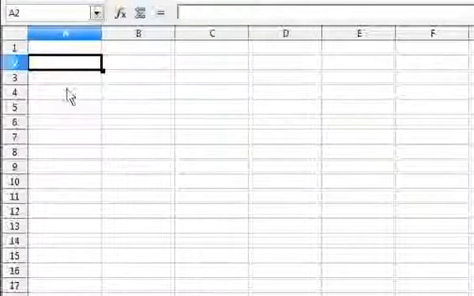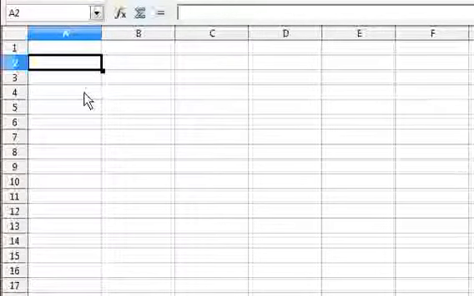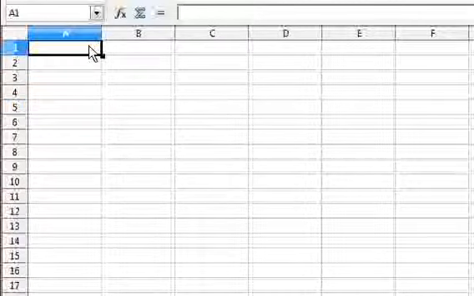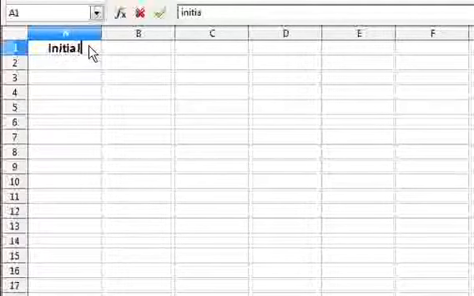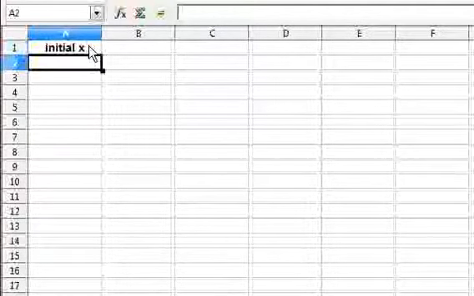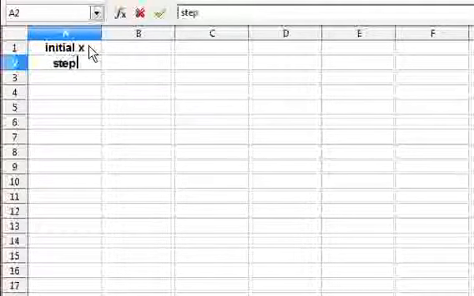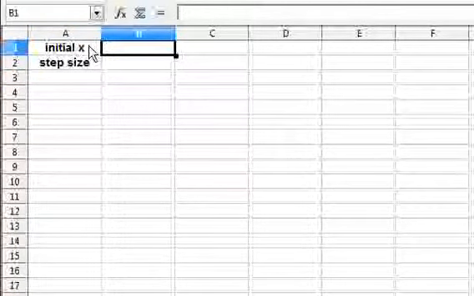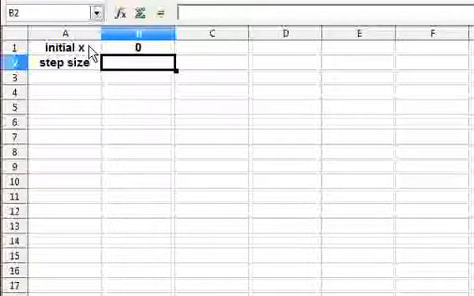Our objective is to find the minimum value of x to the power of x. It's an iterative process, a trial and error, a crude way of doing it, although we use Excel. So what I do now is, I'll say initial value of x, and then its step size. For example, let's say I want to start from 0, and the step size I want to give is 0.1.